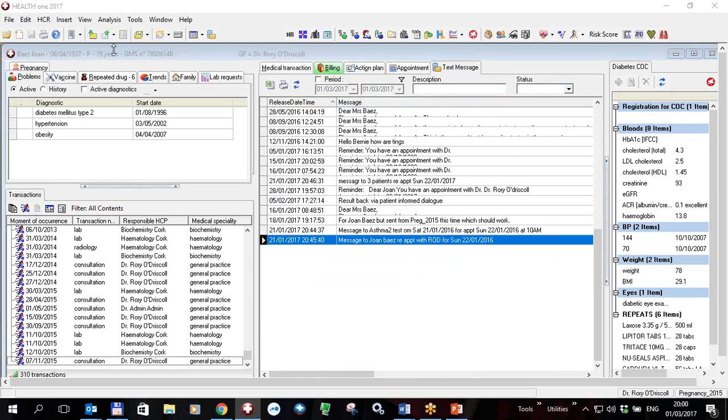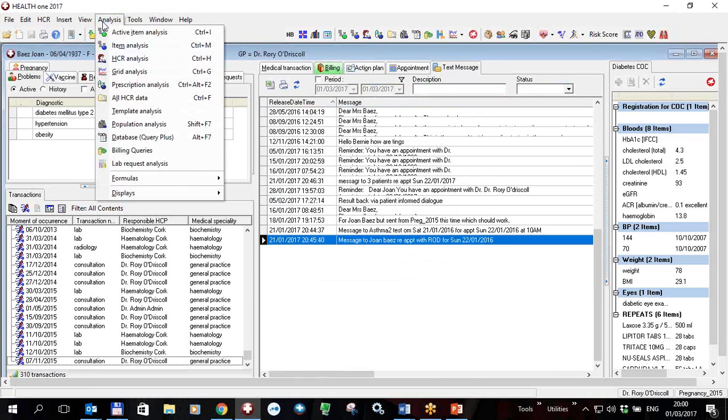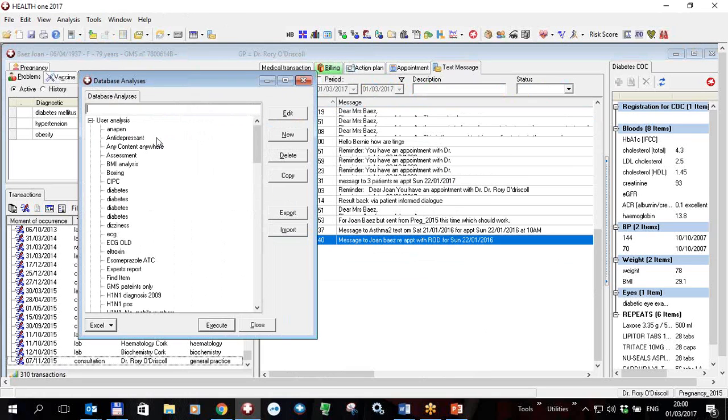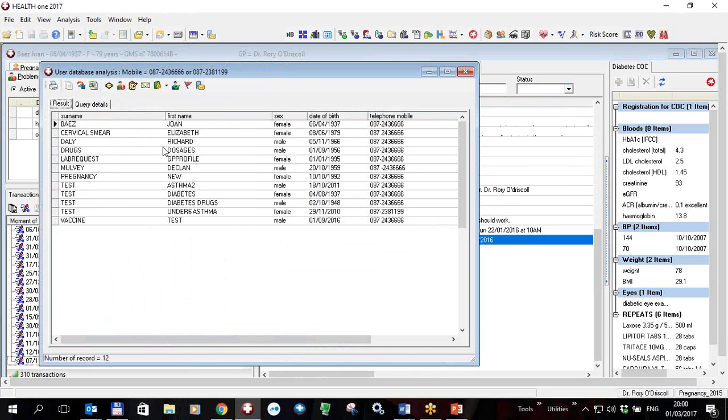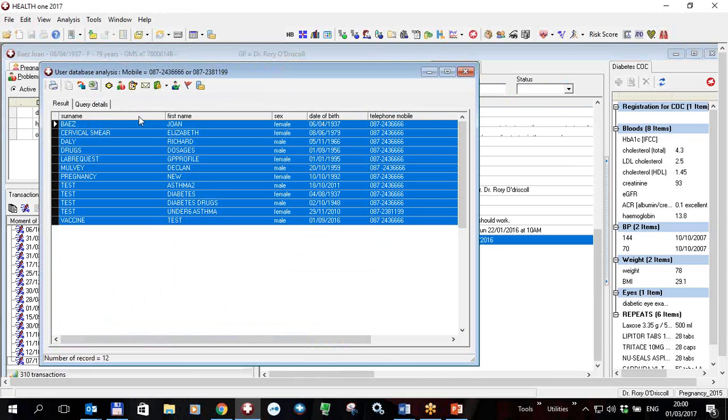The next thing I'm going to do is a little population analysis. So I click on Analysis, Database Analysis, the guy with the glasses here, which is the same as this guy over here. And I created an analysis to give me people with a particular phone number, my own in fact. So I could have any analysis you like, a list of my diabetic patients, a list of my cycle of care patients, and I can send all of these patients in one go by clicking on the button up here,